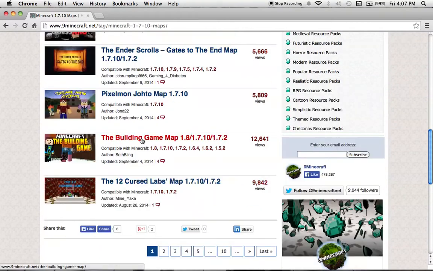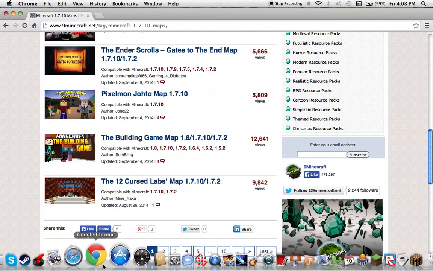If you download the map like this, and it's a zip or a jar, you have to download WinRAR, I guess.